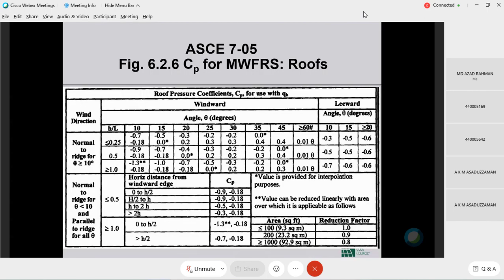For the roof, it is a little more complicated. Roof pressure or suction comes from this table. This is the pitch of the roof, the angle of the roof. This is the windward roof. This is the leeward roof. Wind normal to the ridge for the steeper roofs, theta larger than or equal to 10 degrees. This is wind normal to the ridge for flatter roofs and parallel to the ridge for all roofs. Okay, so this is wind normal to the ridge for the steeper roofs. This is wind normal to the ridge for the flatter roofs, and wind parallel to the ridge for all roof angles. Okay,